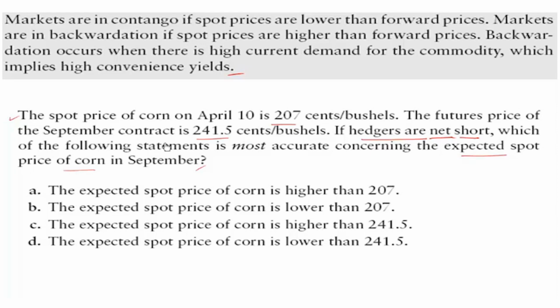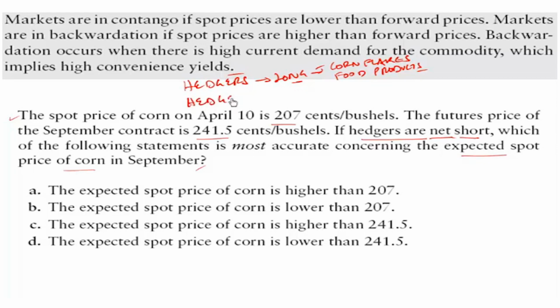In the market for corn, which type of hedgers do you think will be long? It would be users of corn, because they have a risk that the price may go up. So they will long the corn today. Cornflakes companies, all food products companies that require corn in their manufacturing process or as an ingredient will all be hedgers. That is, they need corn and hence they want to fix a price.